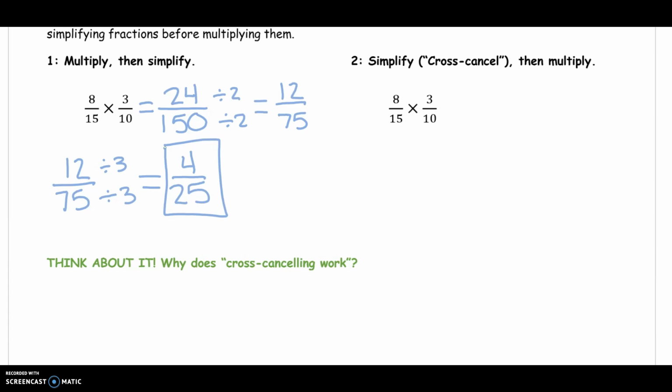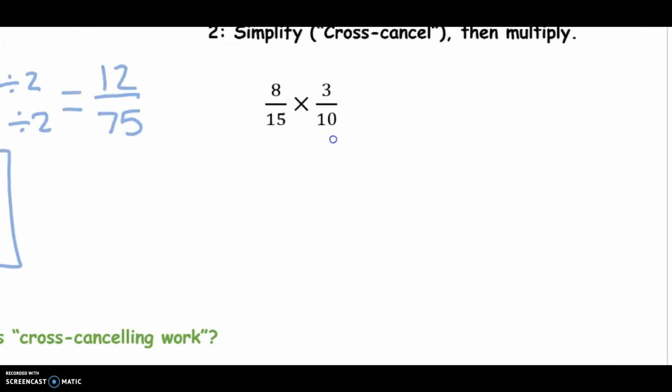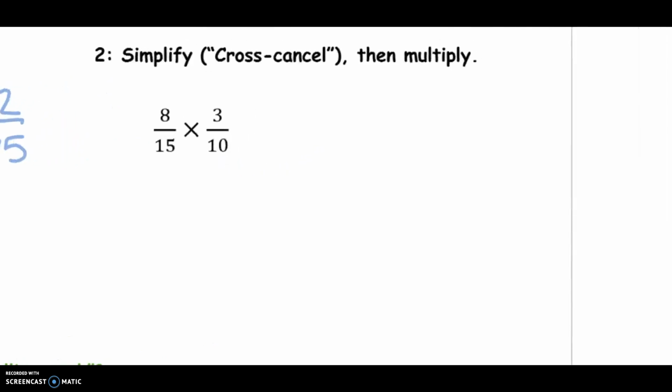So we're going to use the method of cross-canceling, and we're going to simplify our fractions before we multiply them. So the same fractions, 8/15 times 3/10, but this time I'm going to take a look at my numerator here, 8, and my denominator of the other fraction, which is a 10. I notice that 8 and 10 have common factors. They have a common factor of 2. So I can actually go ahead and divide the numerator here by 2 and the denominator here by 2. I'm still dividing both the numerator and denominator by 2, which is just what I do when I simplify fractions. So 8 divided by 2 is 4, and 10 divided by 2 is